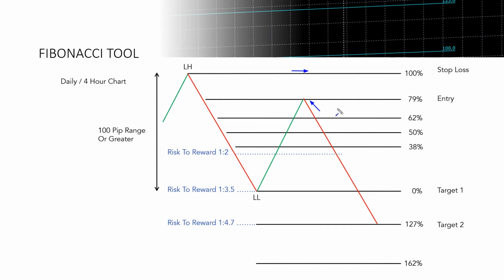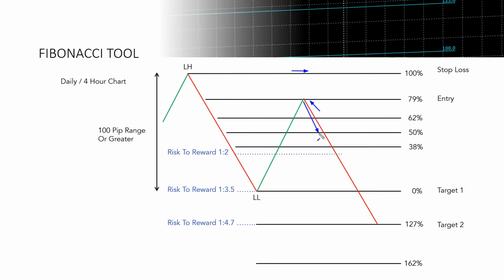Alright traders, so it's the same as before, but it's worth going through again. Entering at the 79% level, stop above the high. Again, I'll just use the example of using a 100 pip range. So in this example, because I have to factor in the spread, I'd be risking approximately 24 pips on the trade. So when price moves down 24 pips into my favour, I get the trade to break even, and then